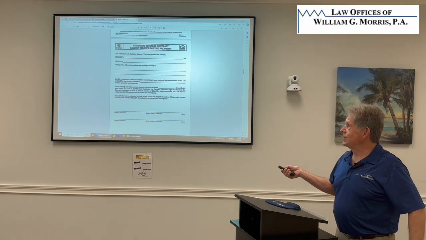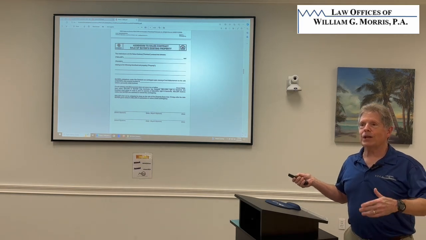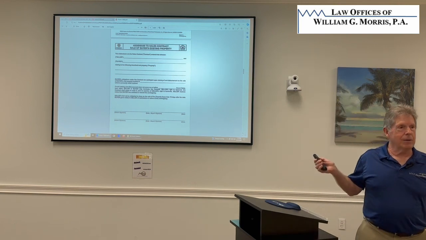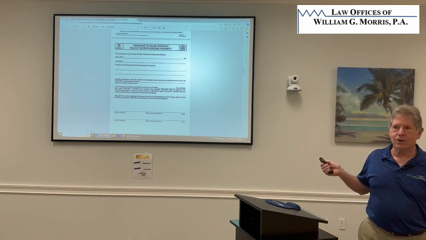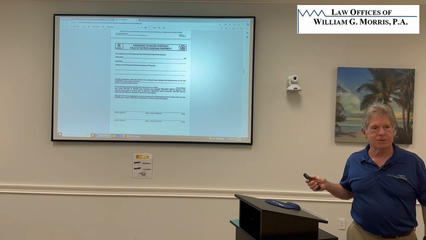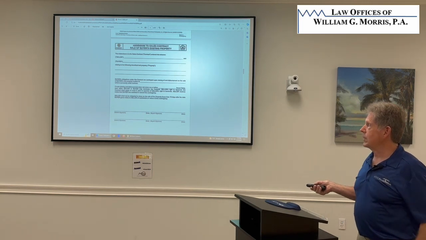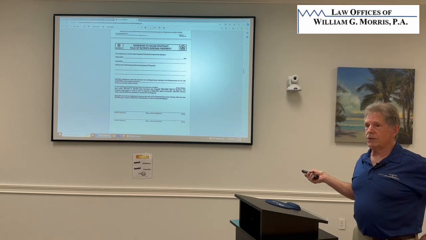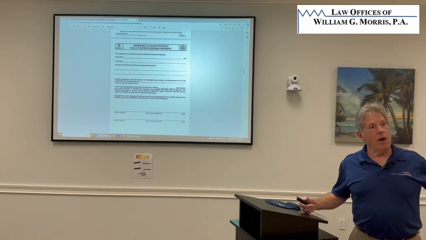Well, the key is that we're trying to make these as user-friendly as we can so we don't make the transaction too fouled up. And got to remember, these are drafted by brokers and attorneys that sit together on a committee at Legal Resources, and they come up with, here's what we think we want to do. Now, on the committee, the reason it says which is presently under contract is because the thought was there aren't